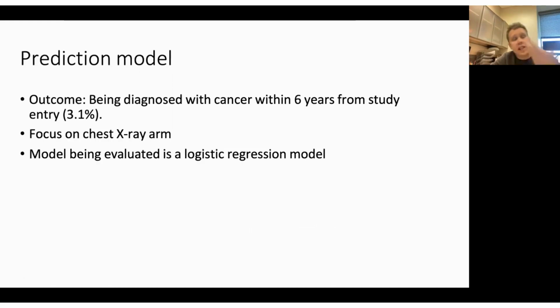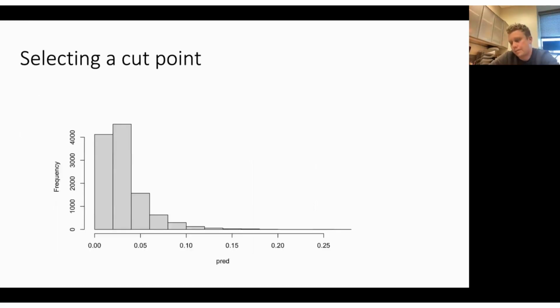Okay, so for sensitivity, specificity, positive and negative predictive value, we need a cutoff. We needed this C, or the threshold. How should we select that? Many people just say, oh, you should select 0.5. Because that means if it's below that, there's a higher chance you don't have lung cancer. But using that in this setting is going to give us no information, because